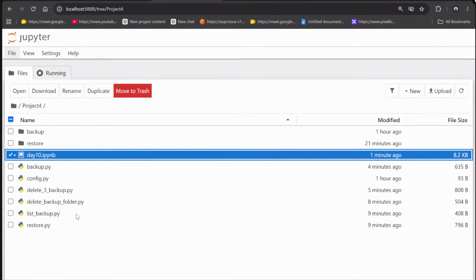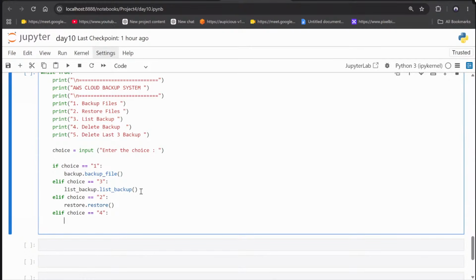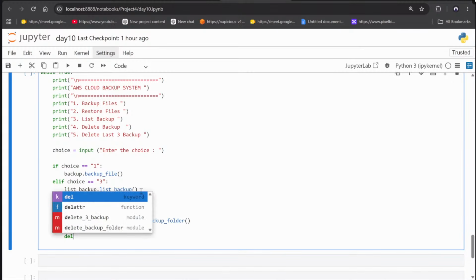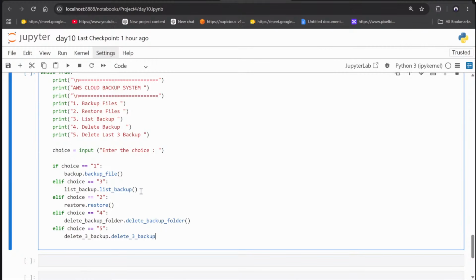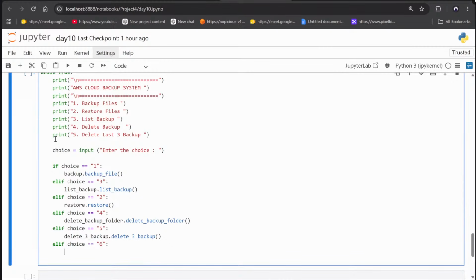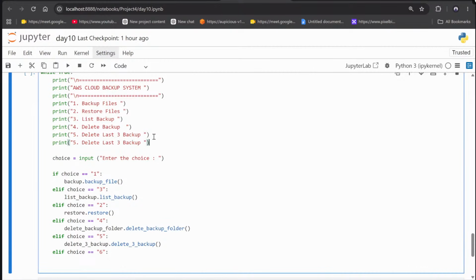Delete backup: here we created a folder named delete backup, so inside the delete backup folder there will be a function named delete, and we will import this same function. elif choice is 5, then here delete 3 backups: there is a folder named delete 3 backup, run it. Or let me add one more, elif choice is equal to 6. Here we'll quickly add exit. So copy this code line here, and if somebody enters 6, exit, right?